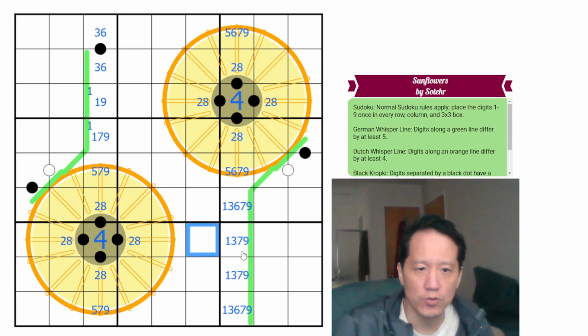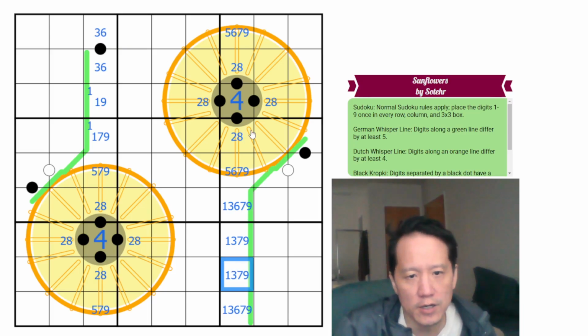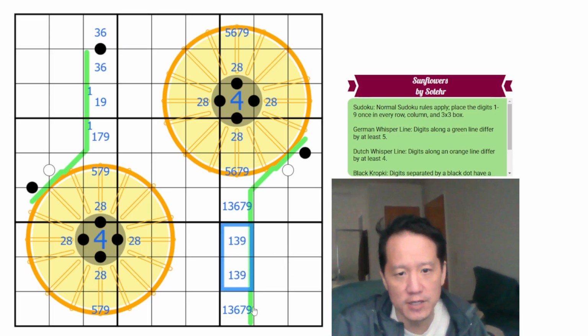Okay, what else can we do? Well, this cannot be 7 in the middle, because if this is 7 in the middle, it would have to be next to 2 lows, which would be 1 and 3. But 7 can never be next to 3 on a German whisper line, because it's 4 away. So this has to be a 9 in the middle, which means there's a 9 in one of these two